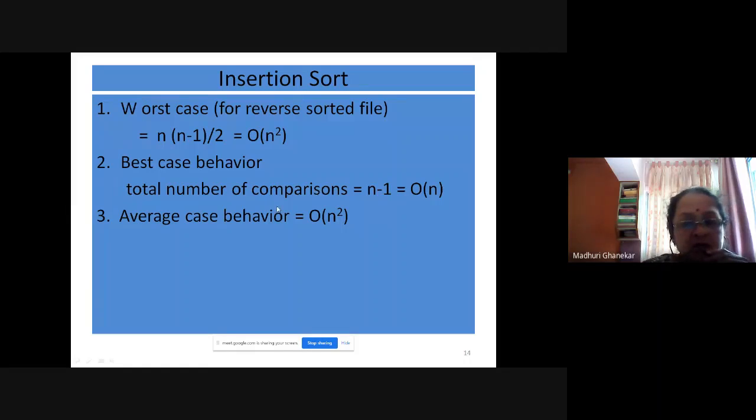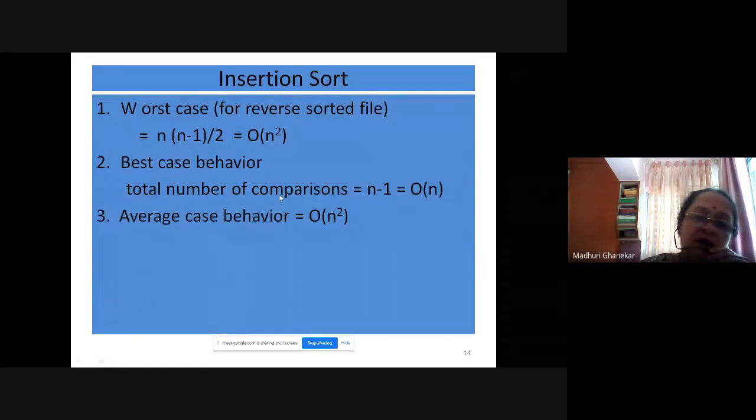All other cases are average case behavior. In all other cases, both the for loops will be executed, giving rise to a time complexity of big O of n square. So worst case is big O of n square, best case is big O of n, and average case is big O of n square.